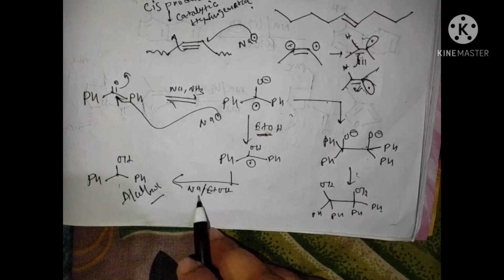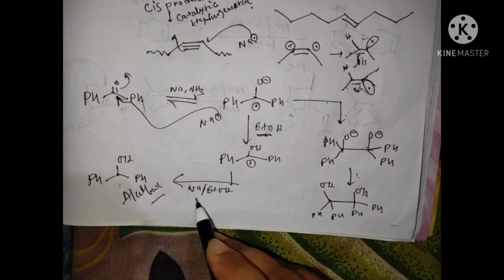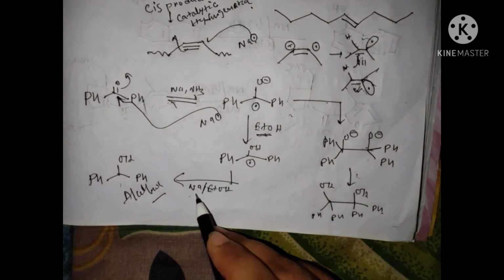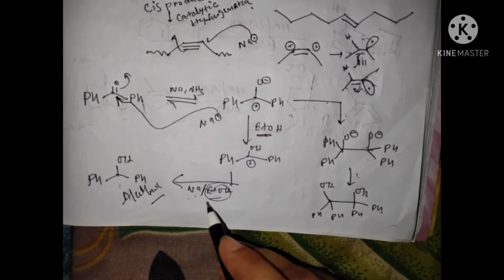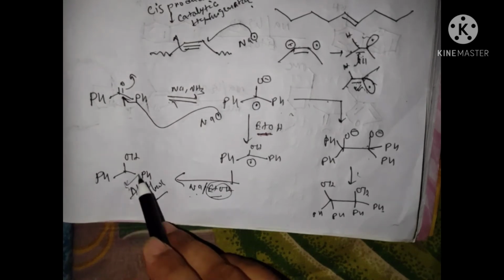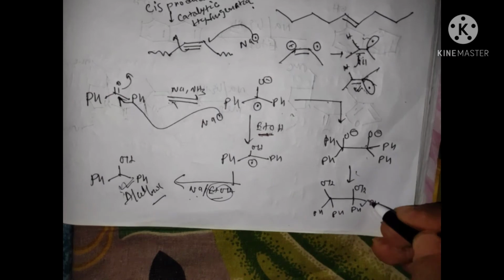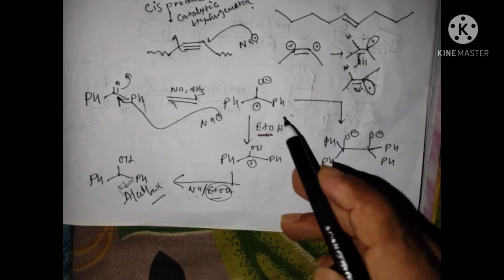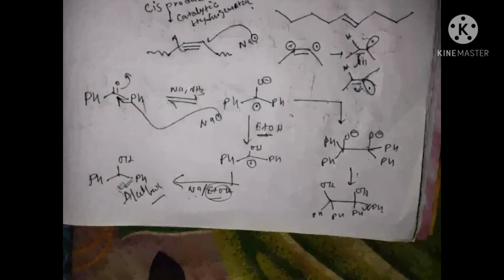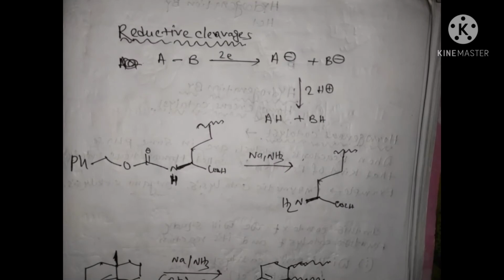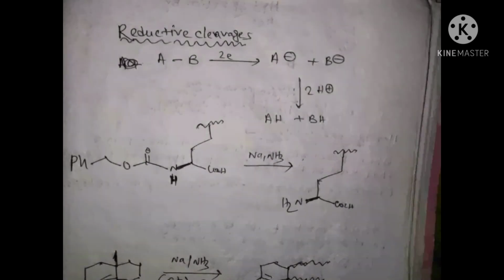In an examination you may find that ethanol is absent. If you don't look carefully at that example, you might miss it and go to the other product, but that is actually not the product. The product is this: if ethanol is not present, it can dimerize and we get the pinacol type of product. Okay, so let's move on to discuss some examples of reductive cleavage.